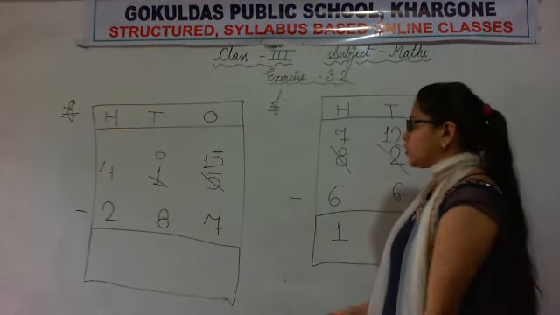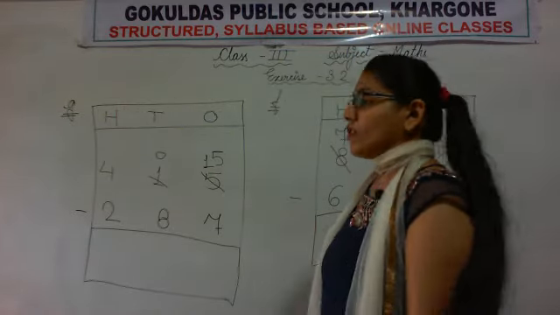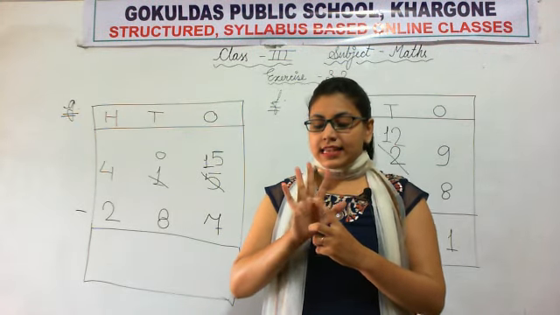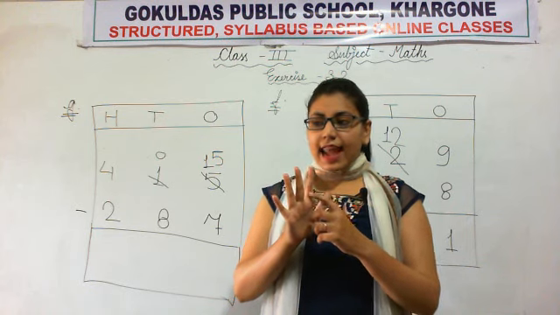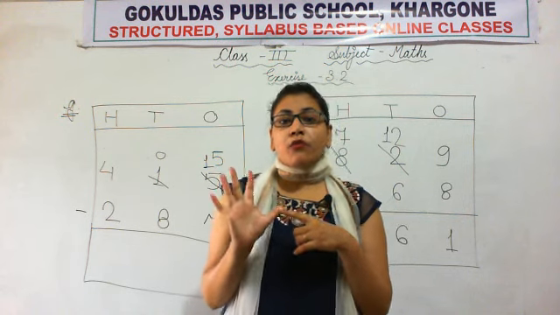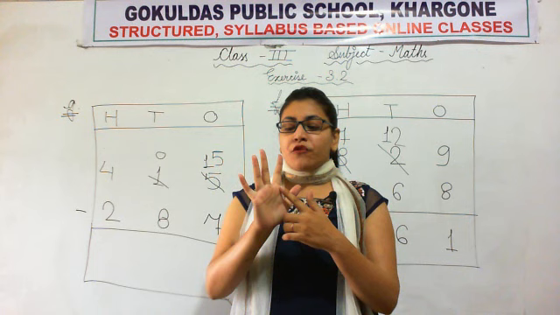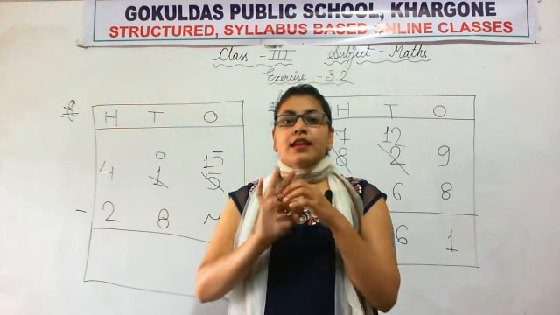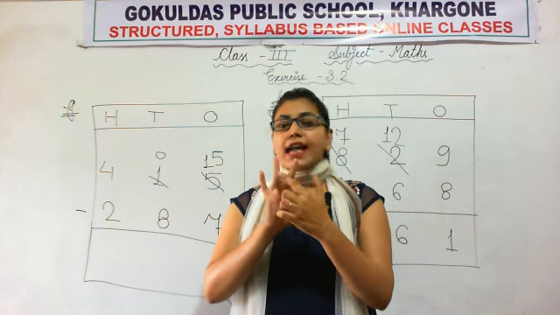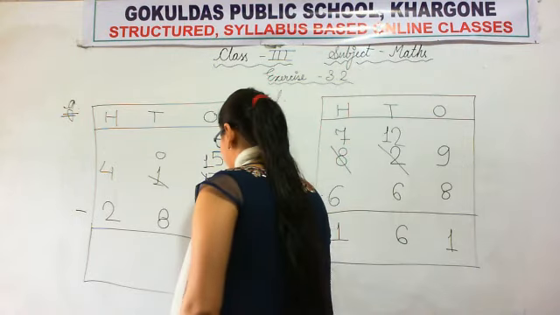Yes, we can remove. So let's count 15 finger marks first. 1, 2, 3, 4, 5, 6, 7, 8, 9, 10, 11, 12, 13, 14, 15. 15 minus 7. Now we will count 7 times backward. So let's count 1, 2, 3, 4, 5, 6, 7. Now we'll count the remaining finger marks. 1, 2, 3, 4, 5, 6, 7, 8. 8 finger marks. So we'll write the number 8.